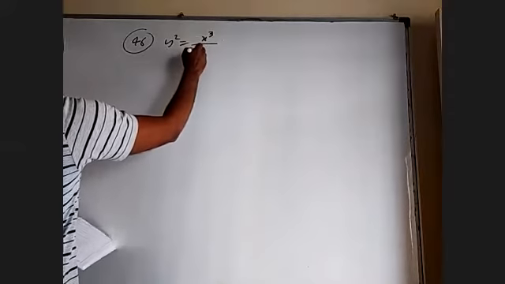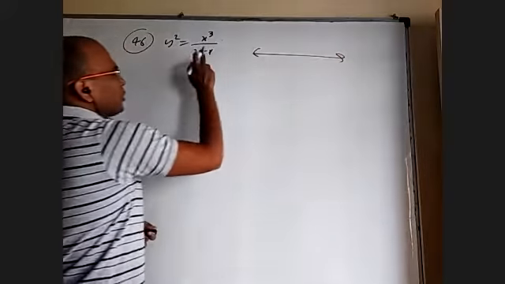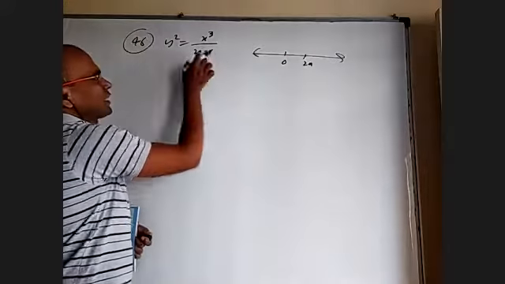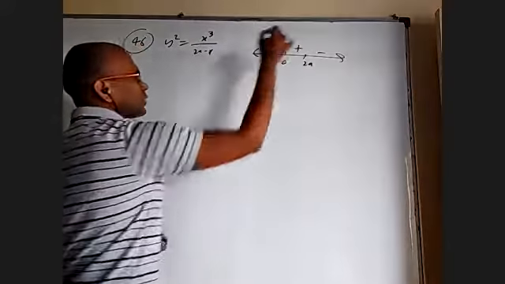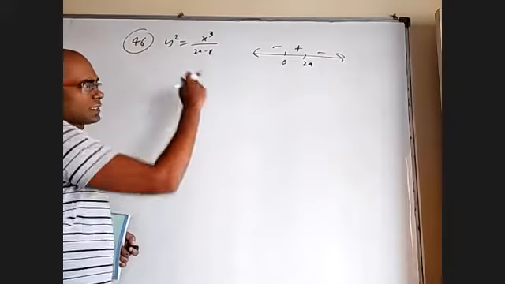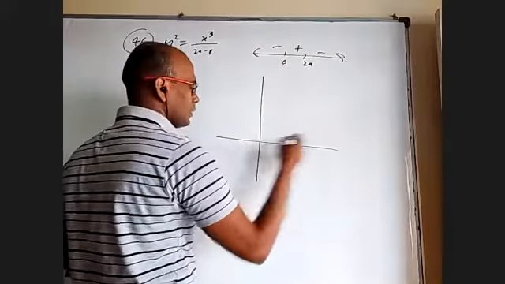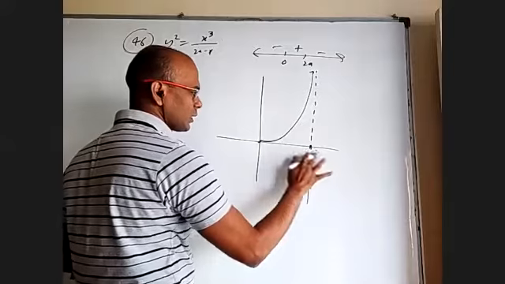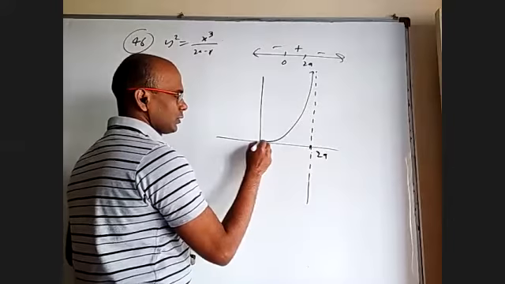Okay. 46, we already did in advanced material or even mains material, almost similar. Y square is equal to x cube by 2a minus x. What is the graph of this? This should be positive because y square is positive. So at 0 it is 0, at 2a it is 0, 0, 2a. Anything more than 2a, if you take, it is negative, and this is positive. So it will be negative, positive, negative. So the graph is between 0 to 2a only. At 0 it is 0, but at 2a it is infinity. So it will be trying to touch the x equal to 2a line. And it will be like this.